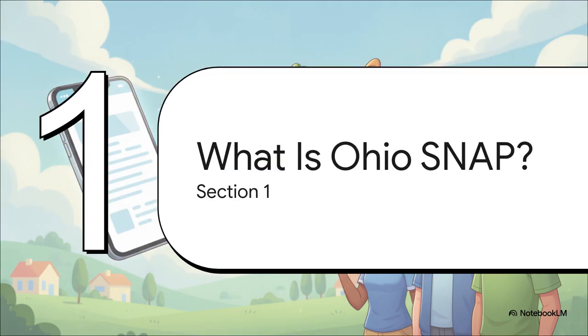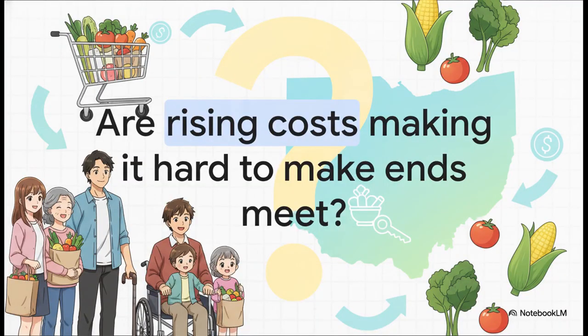All right, Section 1. What exactly is Ohio SNAP? Let's start by figuring out what this assistance program is actually designed to do for you. Look, if you've been feeling the squeeze at the grocery store checkout lately, you're definitely not alone. Eating healthy is absolutely critical for our families and our independence, and that's exactly why this safety net exists across